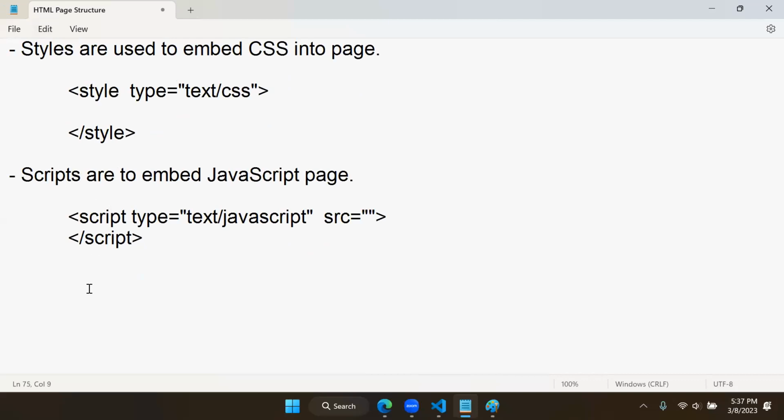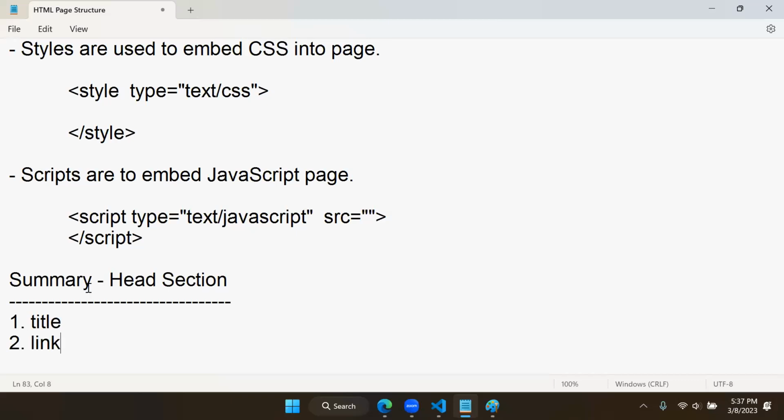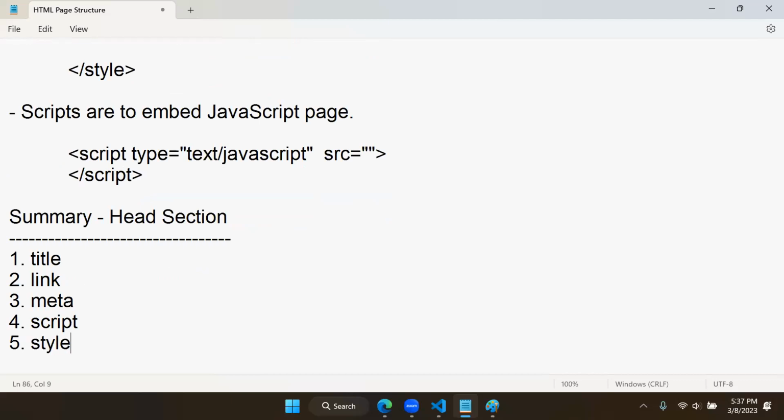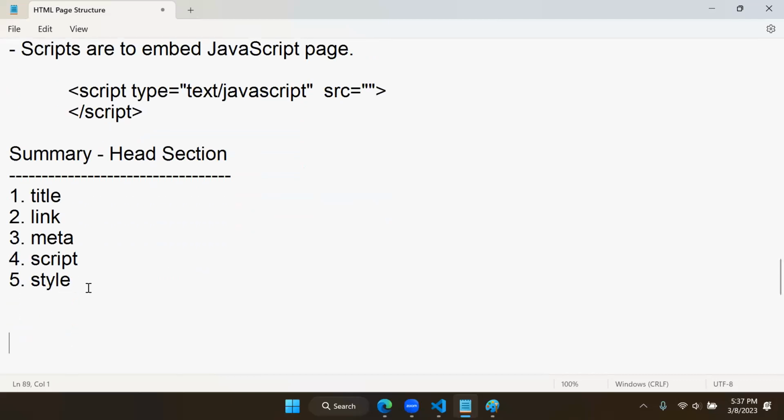So in the head section, you will regularly see title, link, meta, script and style. So that is the summary for the head section. The head section contains options like title, link, meta, script, and style. These are the commonly seen concepts in the head section of a page. Right. Now, once we know the head section, meaning what to keep in the head section and how it is defined,